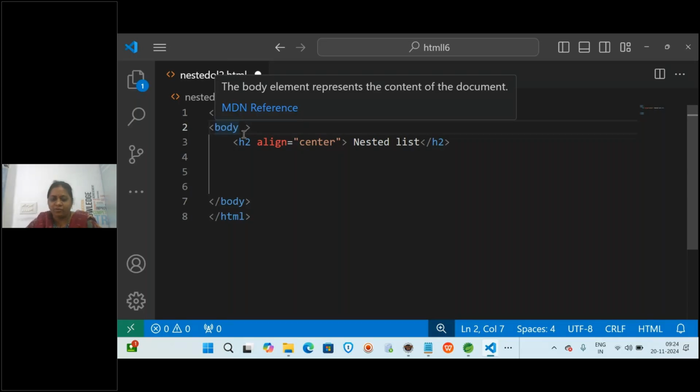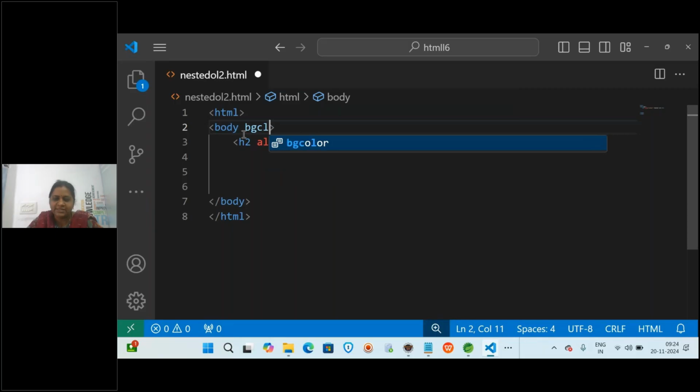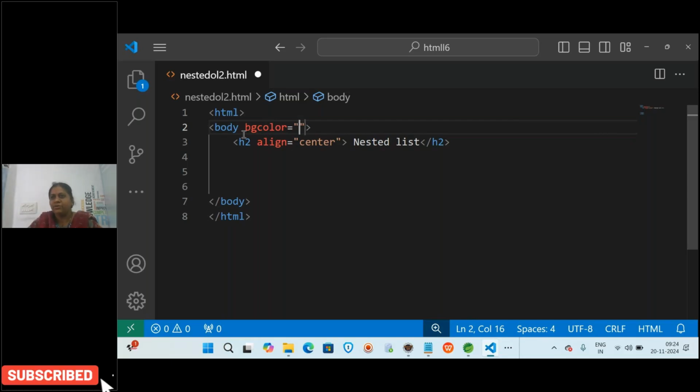If you want to add some background color for your text, or the complete body, meaning the complete web page, for the body tag you have an attribute called, what is that? BG color. So when you give the BG color to the body tag, the background color will come. You can give any color you want. For displaying colors, we have RGB color codes. I'll give you some list later, but it is always difficult to remember the color codes. If you are using Visual Studio, it will give you suggestions. Or if you can't remember, you can give the color name directly: blue, pink, black, purple, green, whatever you want. So the background color is this.